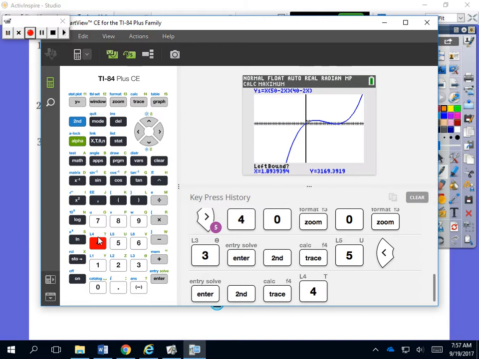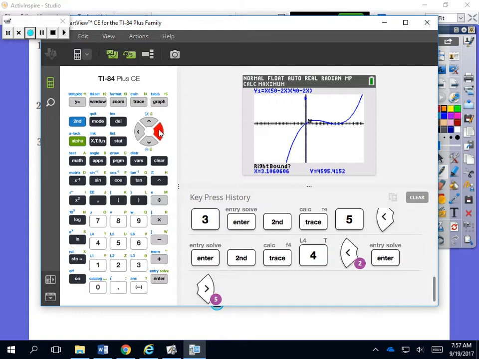Our left bound is going to be here, and then move it to the right of that maximum. Okay, and then press enter. I'm going to move it a little more. And press guess. So you have a maximum at 7.36